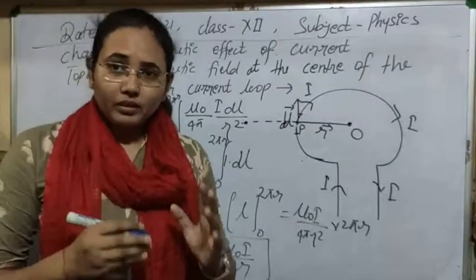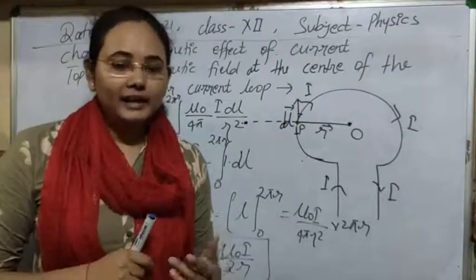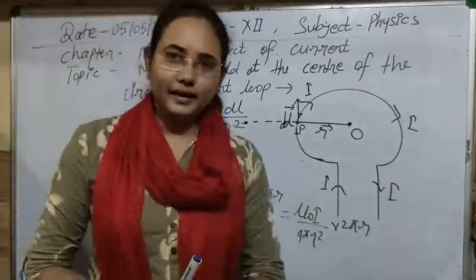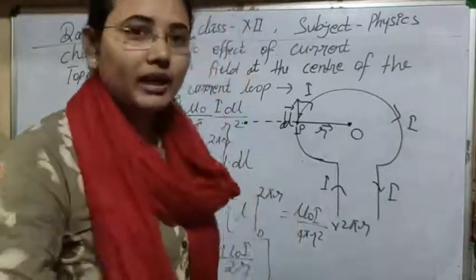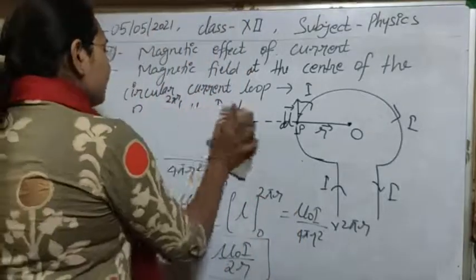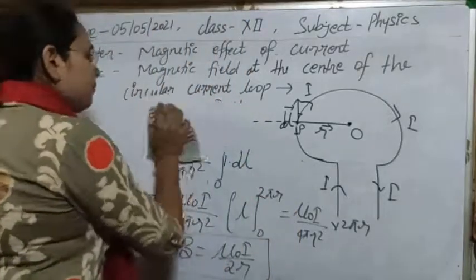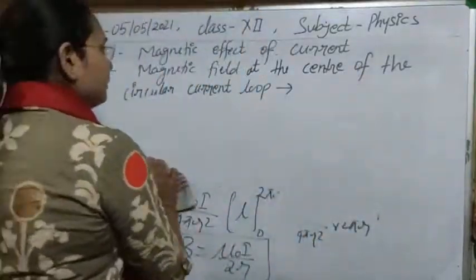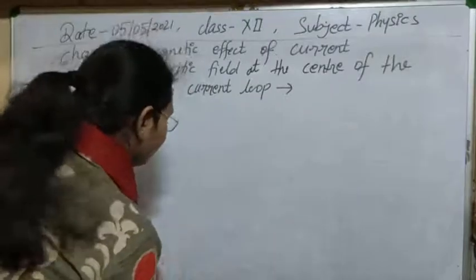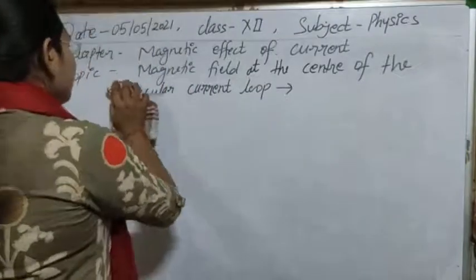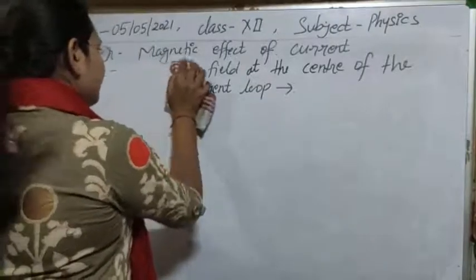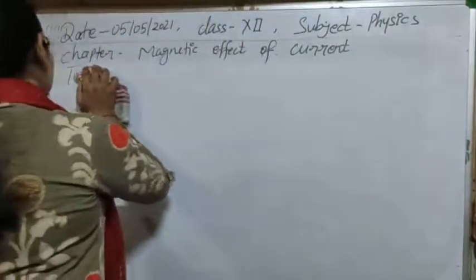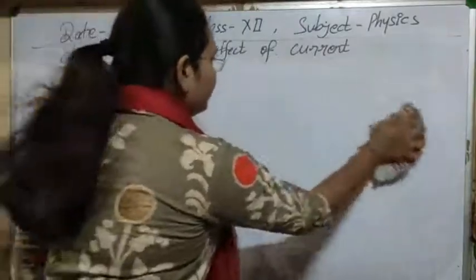So how can we calculate the magnetic field on the axis of that current carrying loop? Let's see how we can calculate it, again by using the Biot-Savart law. Again students, I need more space to derive that expression, that's why I am going to rub this portion off.